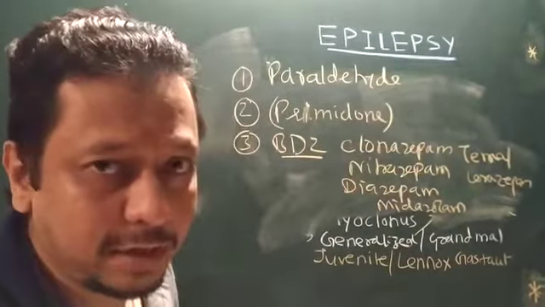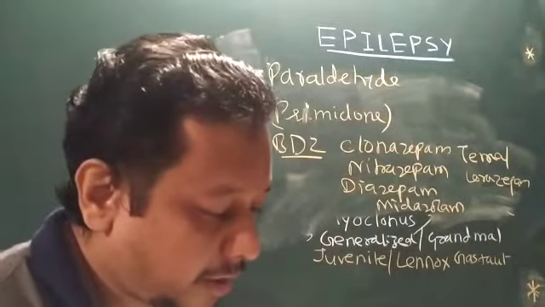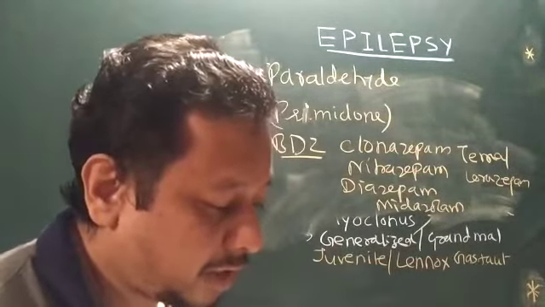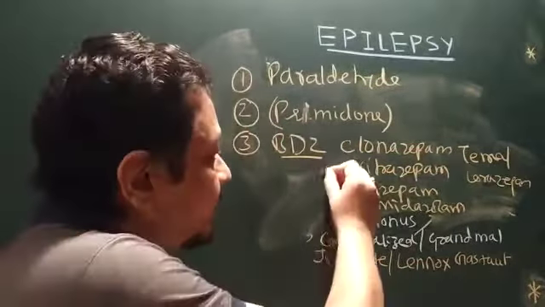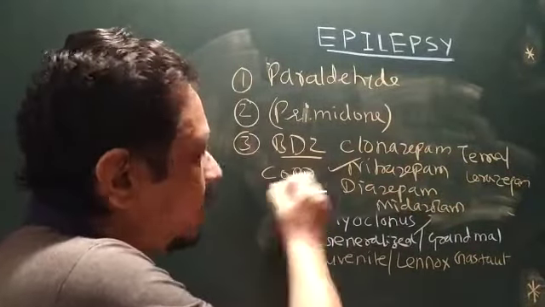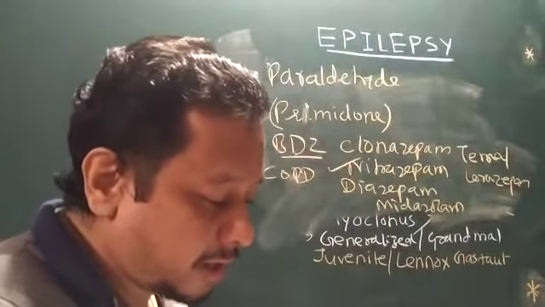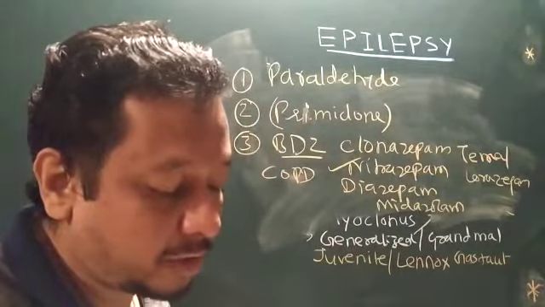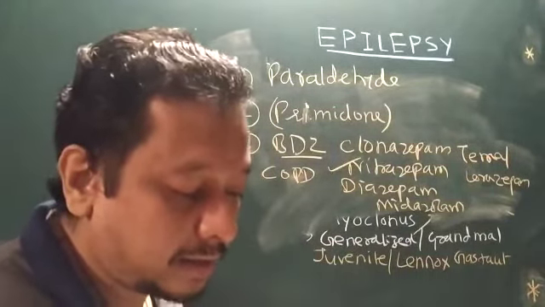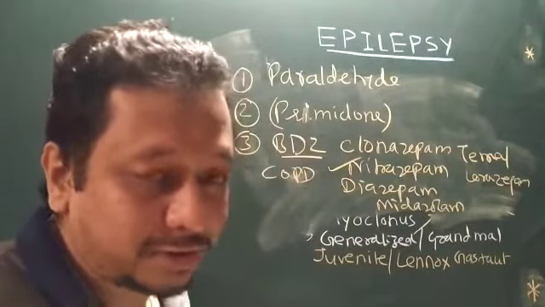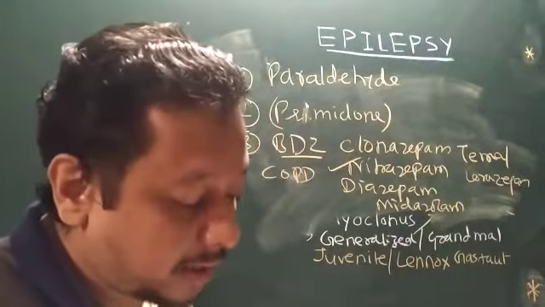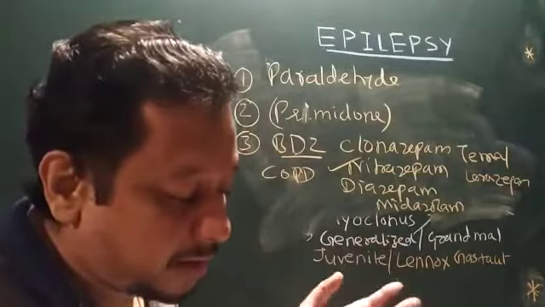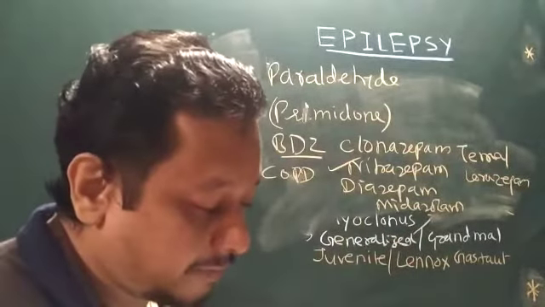Now out of this, nitrazepam has skeletal muscle relaxant property. That's why it can be given to treat myoclonic seizure. Its half-life is 16 to 40 hours, but it is contraindicated in COPD, chronic obstructive pulmonary disease, and any CYP3A4 inhibitors like erythromycin, cimetidine, propoxyphene, calcium channel blockers can increase the level of nitrazepam and produce toxicity.